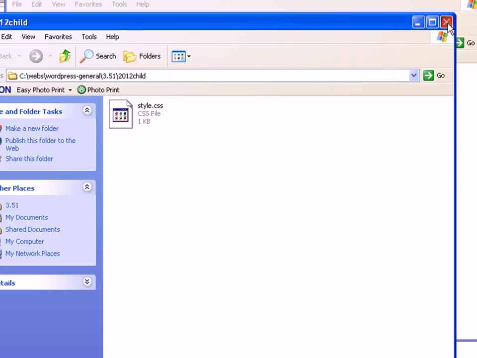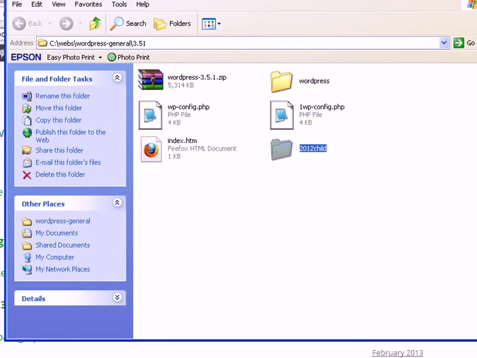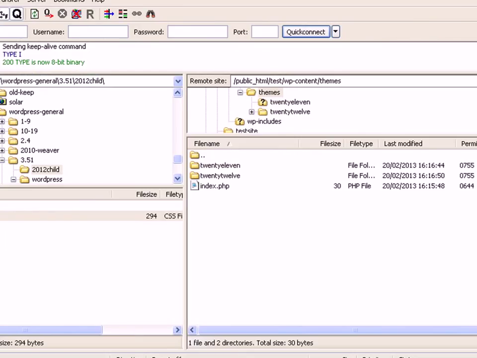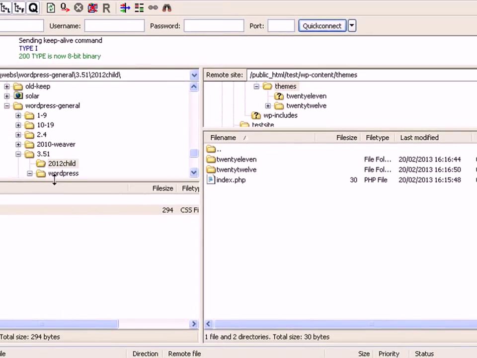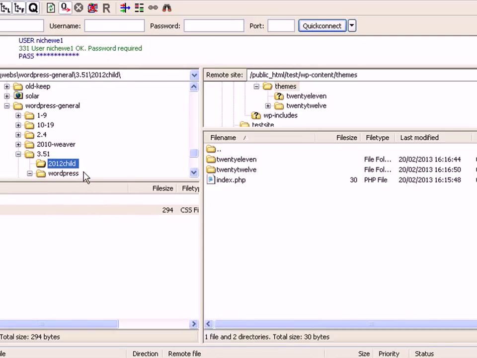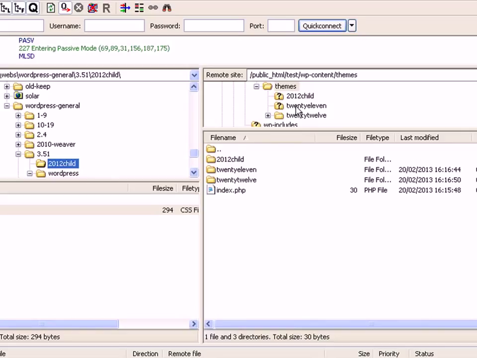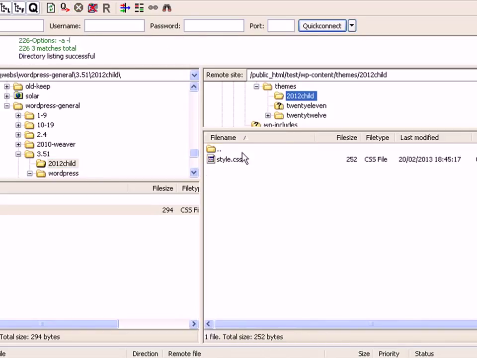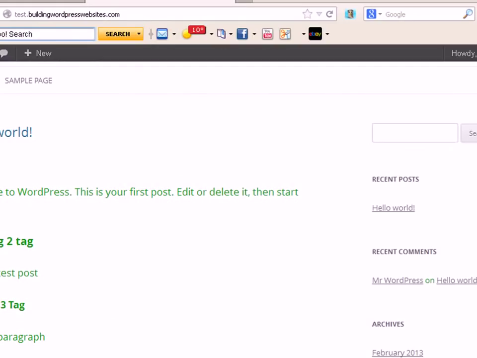directory set up. All I'm going to do is FTP this over to my website. So let me FTP it over to the website. There's the 2012 child. Now it has to go into the themes directory, so I'm going to put it into the themes directory. You can see now it appears in the themes directory, 2012 child, and all it has is the style sheet. Now let me go back to my WordPress admin panel,